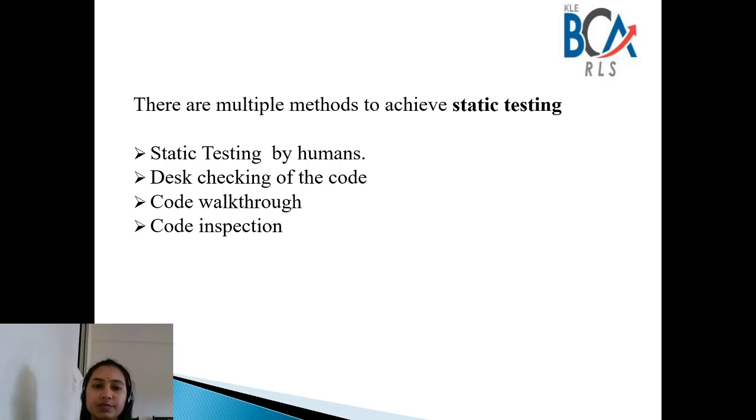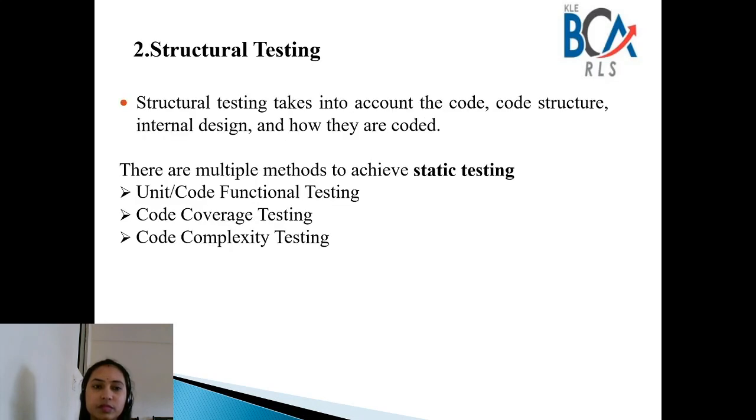So next, let us see what structural testing is. Structural testing takes into account the code, the code structure, the internal structure or internal design, and how they are coded.